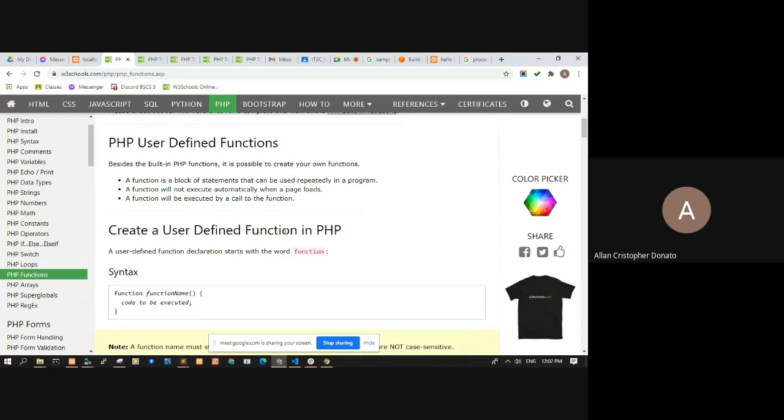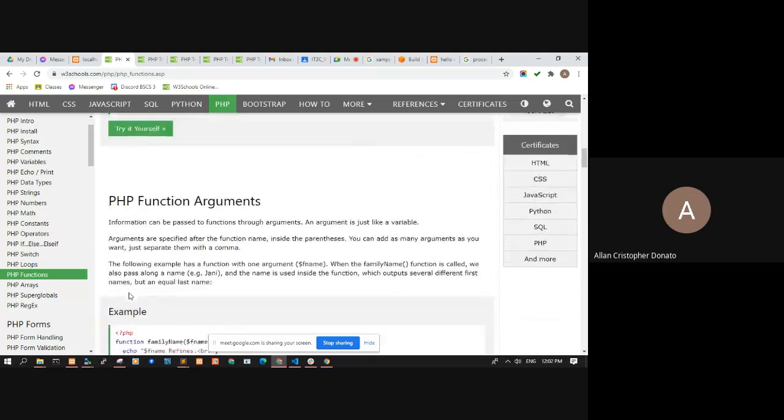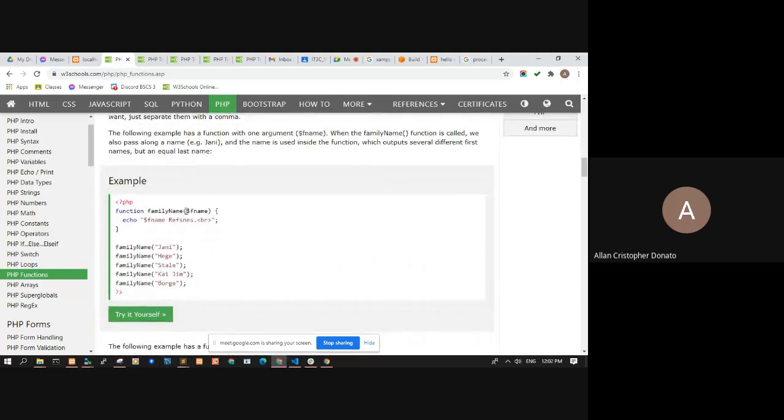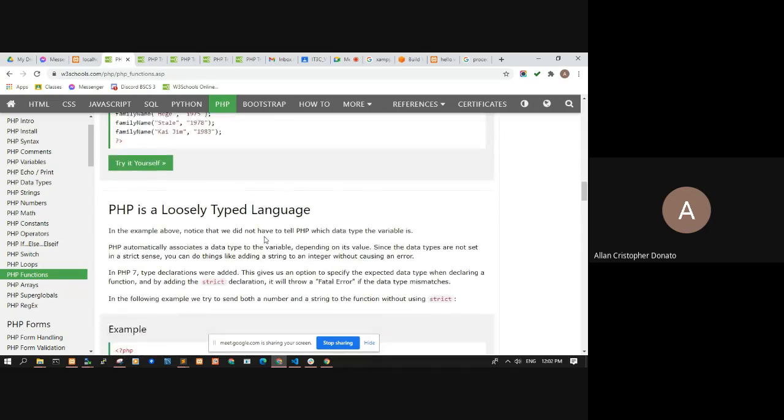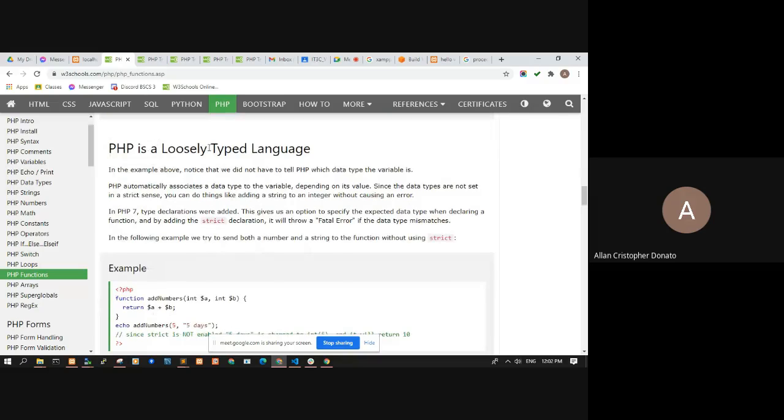And then you can create user-defined functions using the function syntax, function keyword, just like JavaScript. And then arguments can be added with the $ sign, of course, for variables. No need to specify the type of the parameter. So yan, PHP is a loosely typed language.